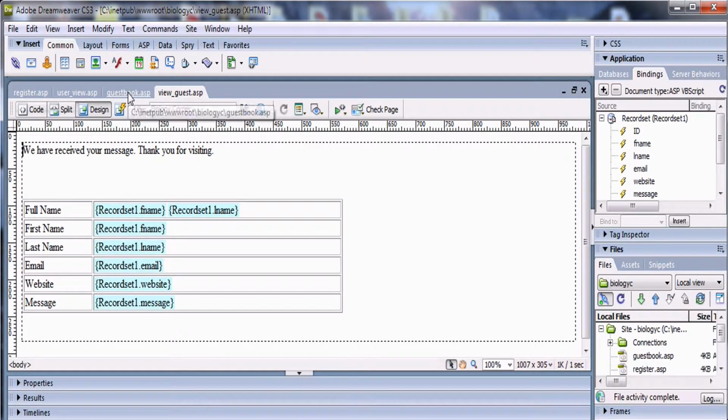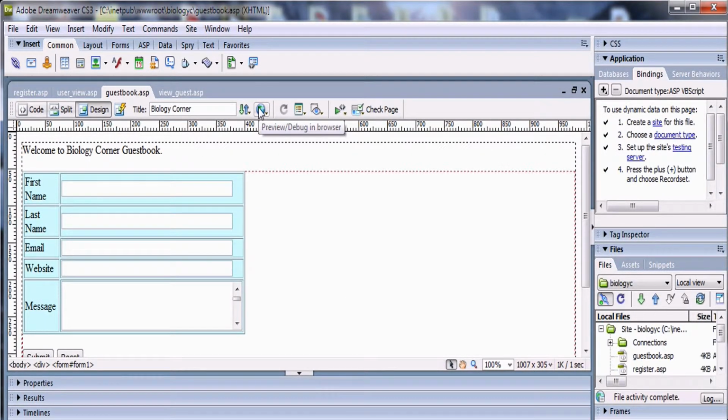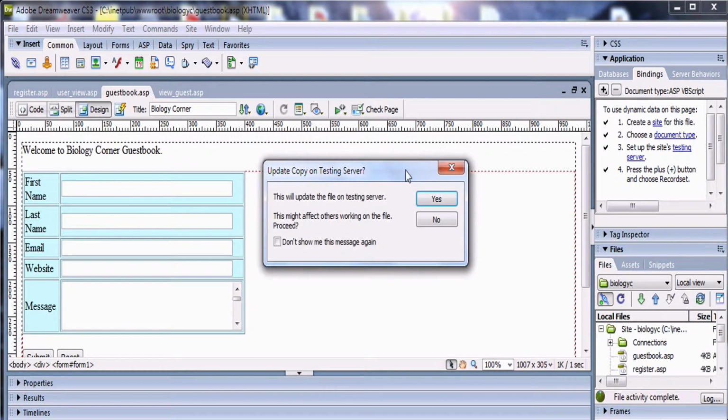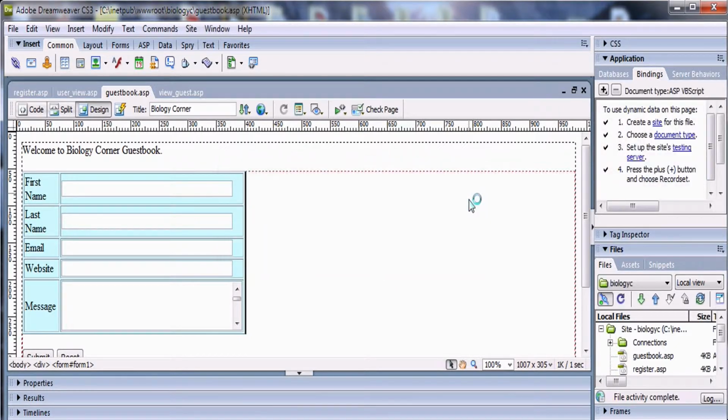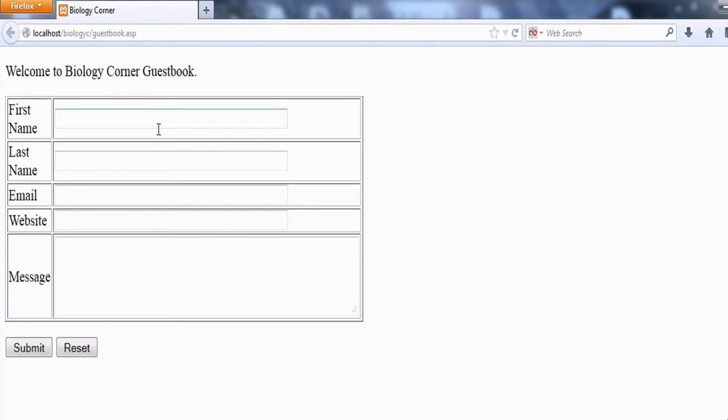And go to Guestbook, click Preview in Firefox, and type first name, email, website, and message, and click on Submit.